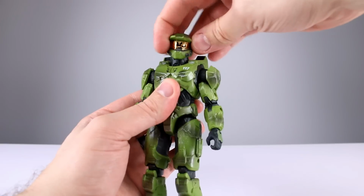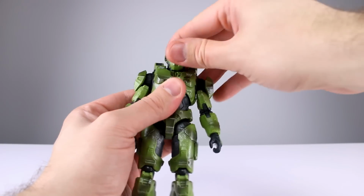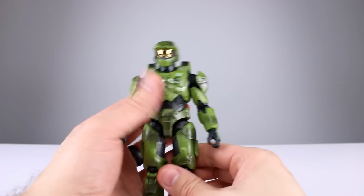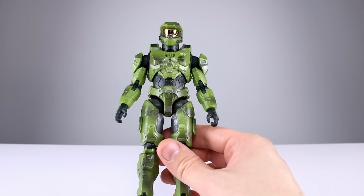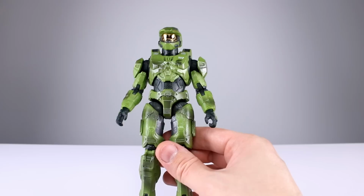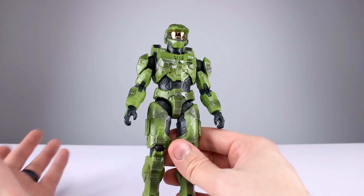Alright, so the head does rotate around on the neck, which is gigantic. The neck is huge, and it leans up and down very nicely. I will say, if they could work out their weird issues, these figures are so freaking good. Like, the sculpts are nice. They're not perfect, but they're nice. But the long neck, the terrible articulation, it just...